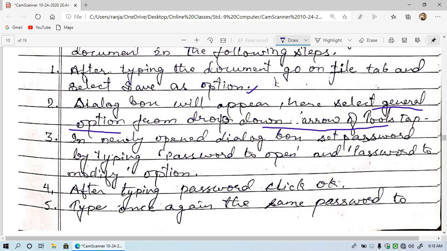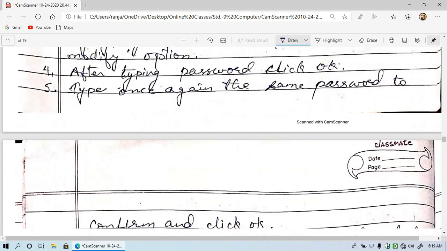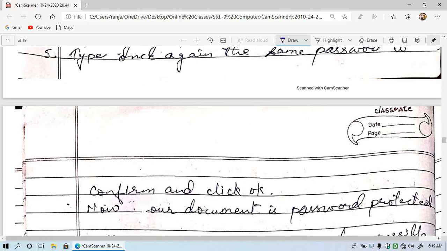In the newly opened dialog box, here you have to set the password for opening or the password for modifying the text. After typing the text, click OK. Then type once again the same password to confirm and click OK.